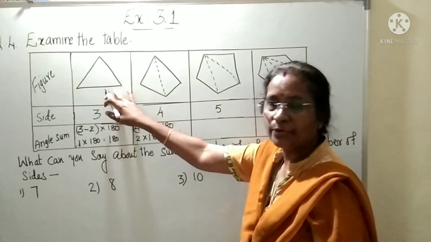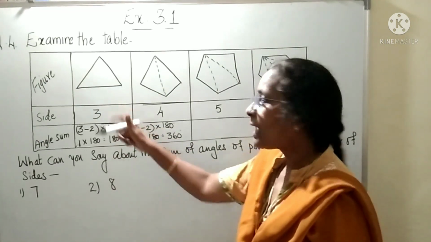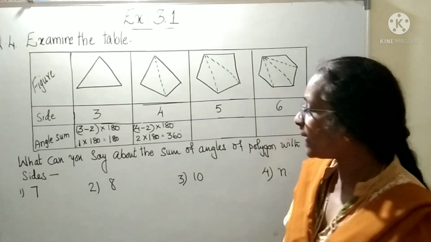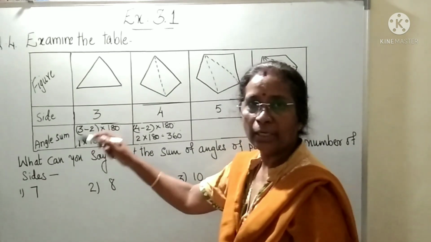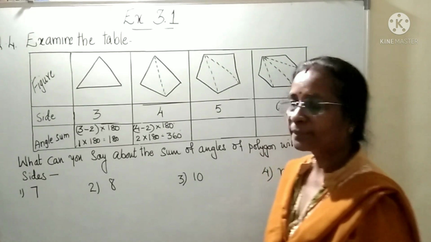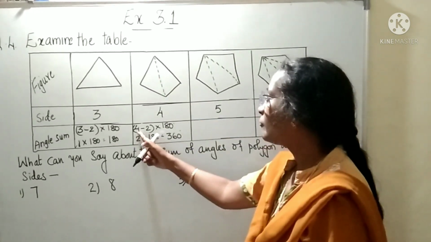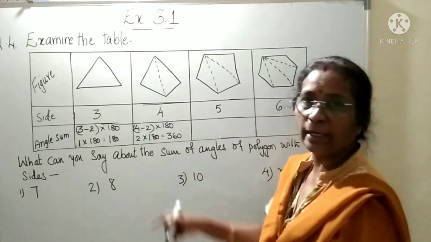This one, it is a triangle. How many sides are there? 3 sides are there. And then the angle sum of the triangle is 180 degree. That is 3 minus 2 into 180. Here there are 4 sides. So 4 minus 2 into 180, that is